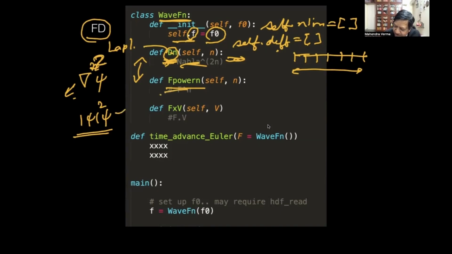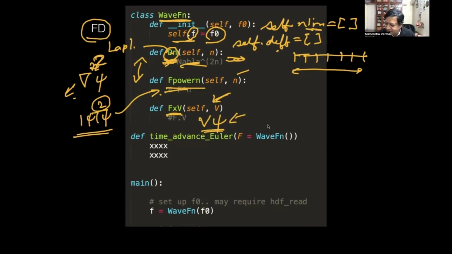So psi power n, I could say you compute this here, and it will be put in nlin or something. I don't know, you have to figure out where to put it. Now, F cross V is the potential, so this is V times psi. So we have V times psi, and this will be done here. So these are the functions. Given psi, and of course V will be an argument here, and N is an argument here. So you have to decide. Right now I made some crude design, which will become refined over time.